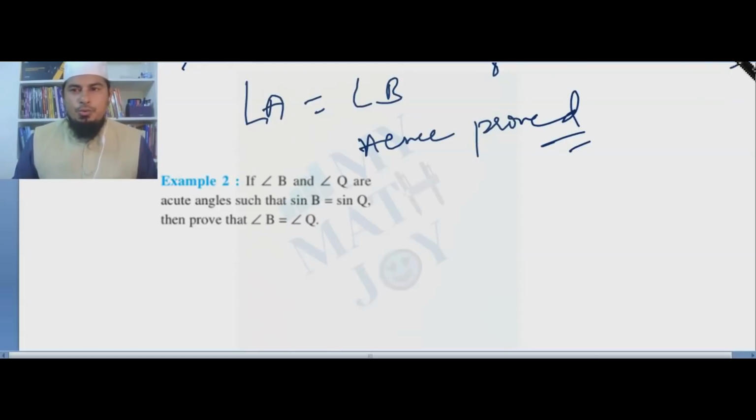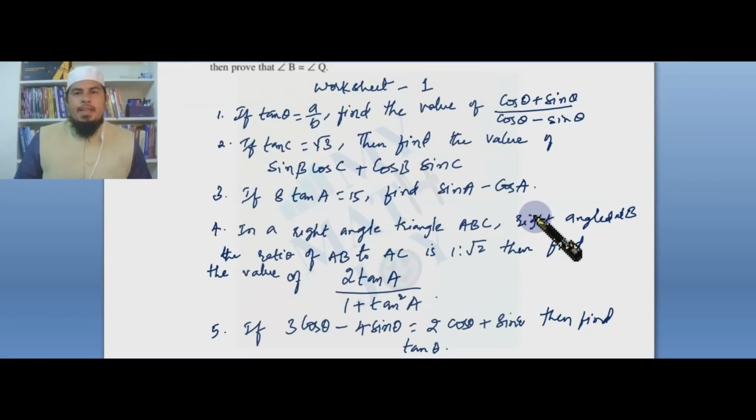Let us go to another model. Okay, now I have given you a worksheet, worksheet number one for the chapter trigonometry, which is completely made to be solved with the help of trigonometric ratios knowledge. So question number one is in front of you, then number two, three, four, five. Every question is easy, and all the models which we have seen, but you have to put your pen on paper in order to practice.